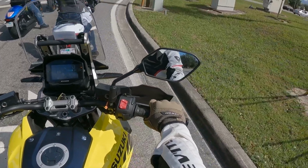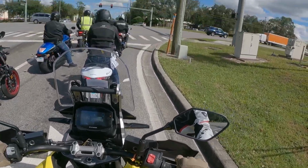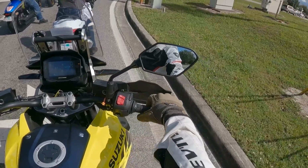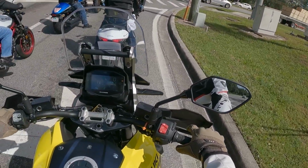If you look at my riding position, I'm not having to lean forward. I'm sitting nice and relaxed. My elbows are nice and relaxed on the motorcycle, and basically it's a nice comfortable position. I'll show you guys when we get off what I mean about the